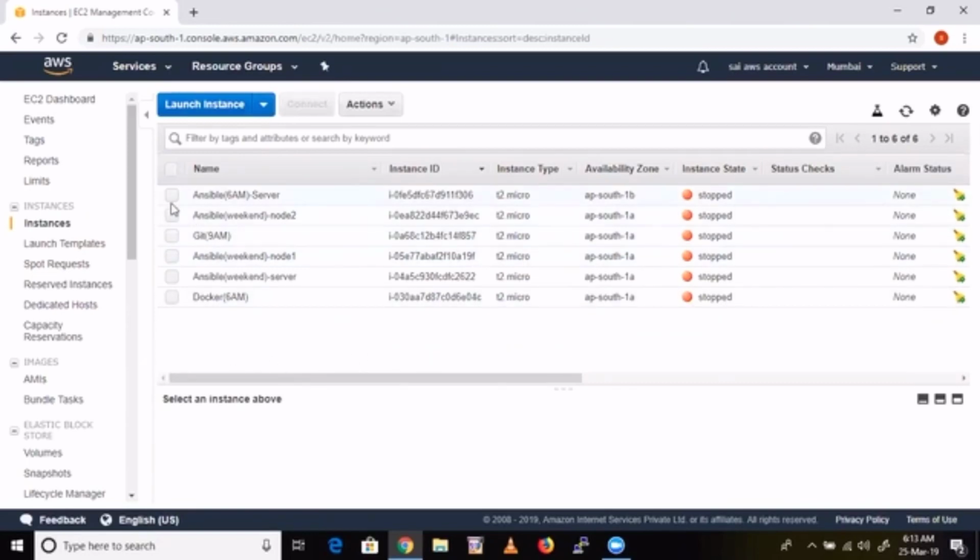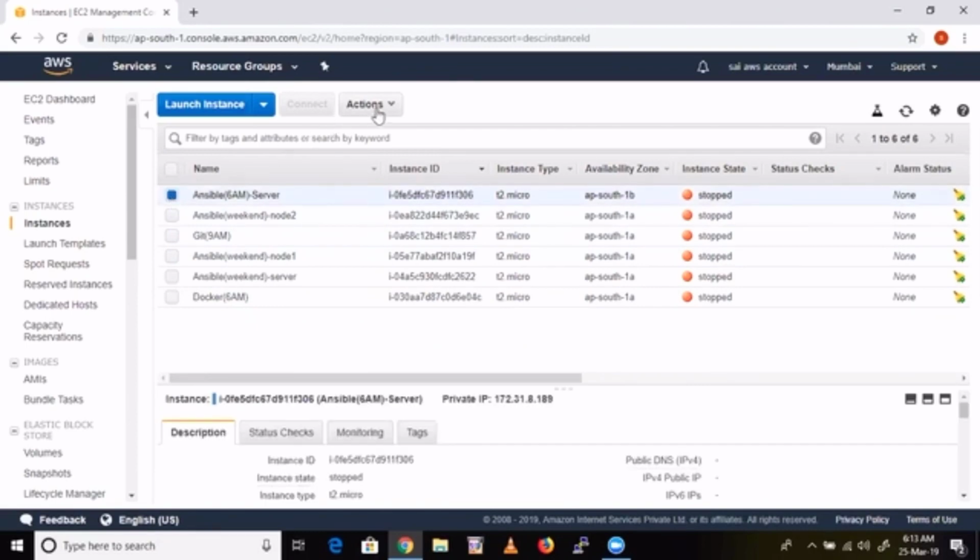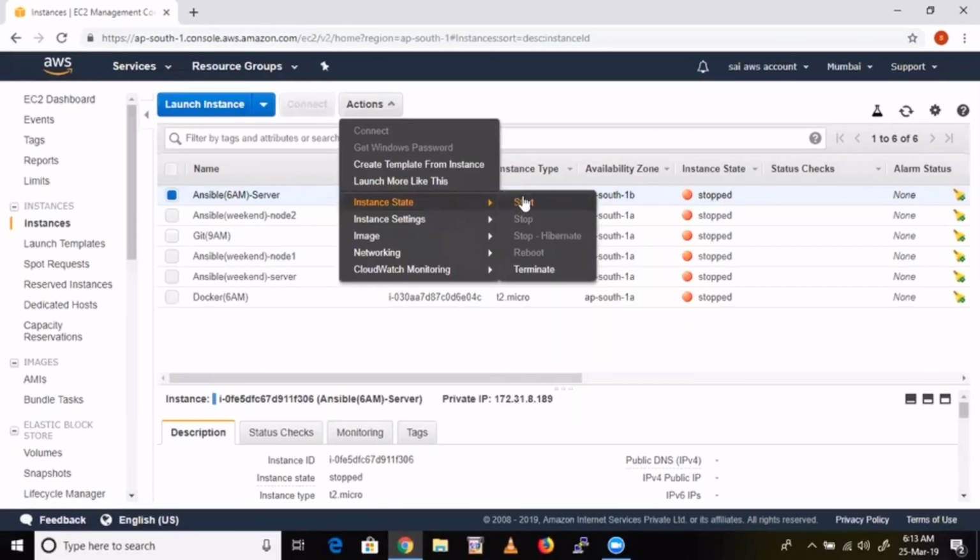Already we launched the server in our last class, so we'll start that server.